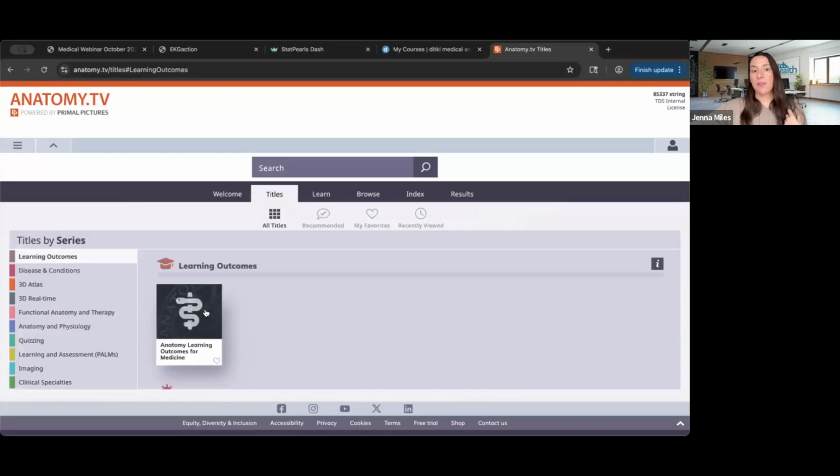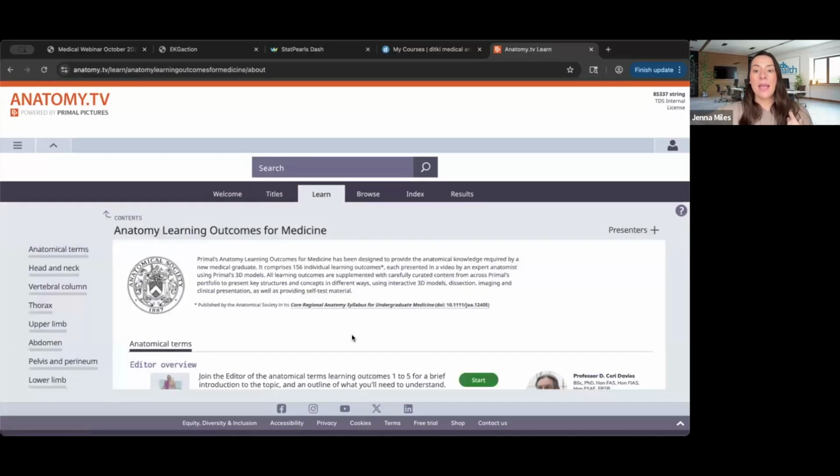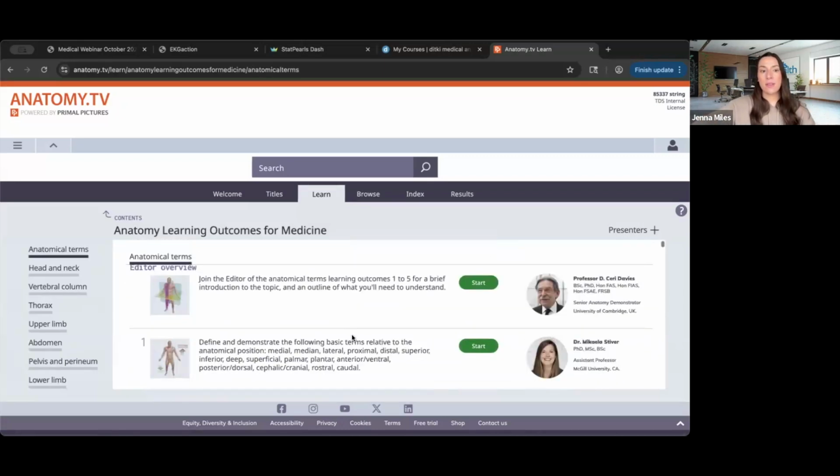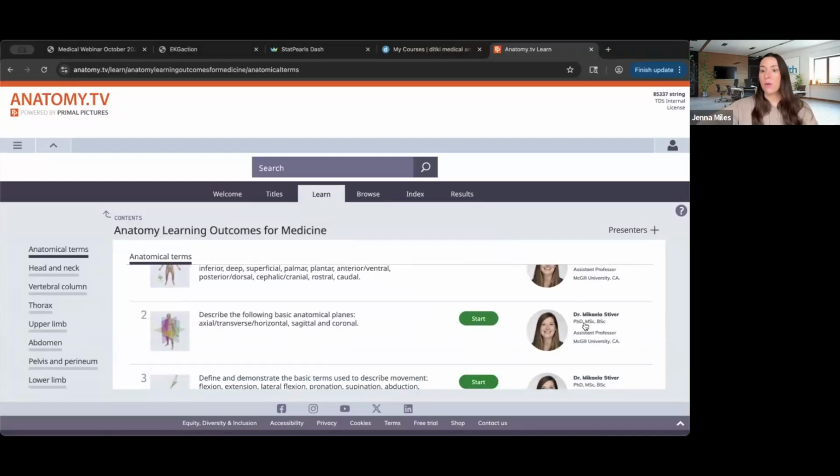To start, we're going to take a look at this first top card here that says Anatomy Learning Outcomes for Medicine. This was a recent release in collaboration with the Anatomical Society to build out these learning outcome lectures for medical school students. So directly applying to those in medical school and the expectation of anatomical concepts they have to know and have to learn while they're in medical school. And you'll notice when I scroll down that we've got a variety of different sections, different topics that we can review, as well as a corresponding lecturer who actually provides a lecture video about that particular topic that we